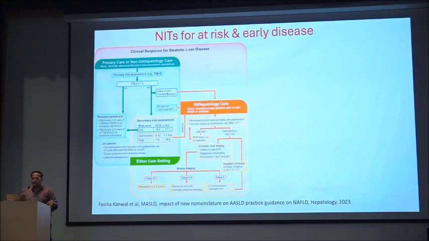If FIB4 is very high, more than 2.67, then the patient should be under CLD management. In between, with intermediate scores, they should undergo a second test beyond FIB4. FIB4, for everyone's sake, consists of 4 parameters: AST, ALT, age, and platelet count. It is routinely given in our OPD LFT. The FIB4 score is written, and that is the first thing we should be seeing.